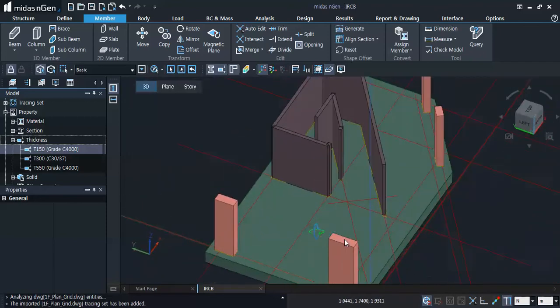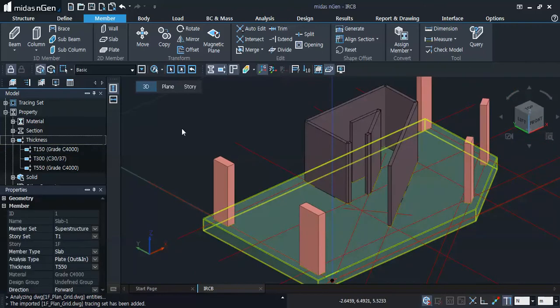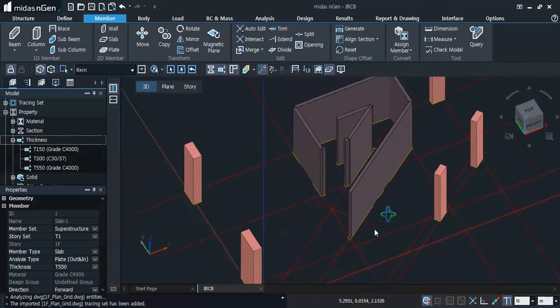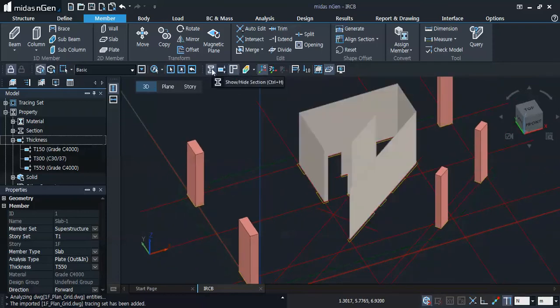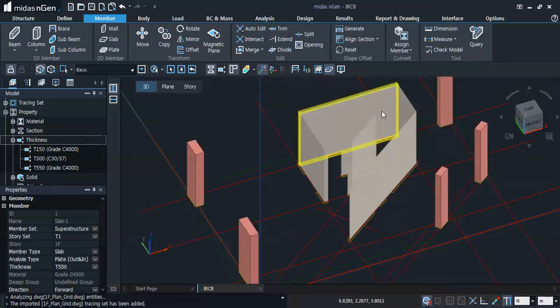But before we do that, we don't want to always see our slab in here, so we can select that and right click on any open area in your work area and click on hide only, so we can hide that. One way of hiding our thickness is just a shortcut here. We can show or hide our thickness with this button here, or even our sections, you can see. But for now, we will only hide our thickness, and we will now begin creating our